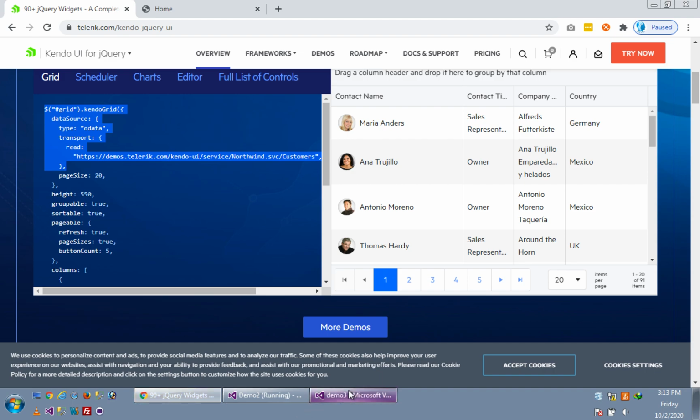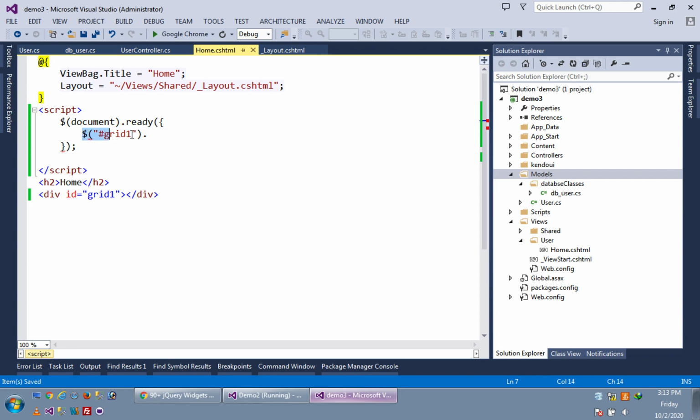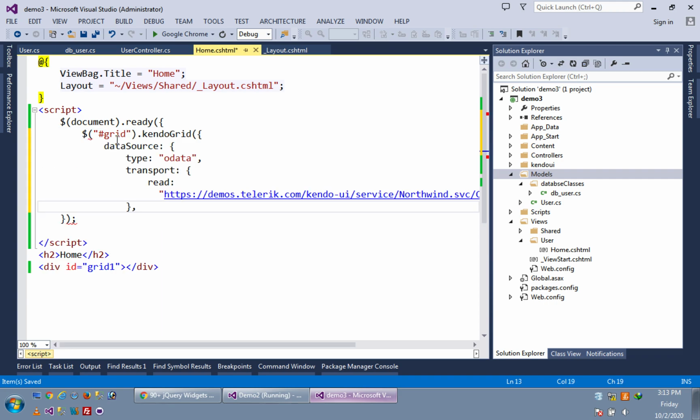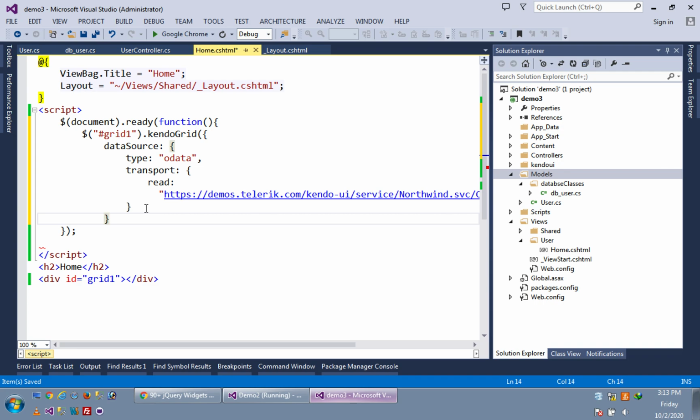And I am pasting it in our demo. Our id is grid1. Now transport, that's it, then data source, then data grid.